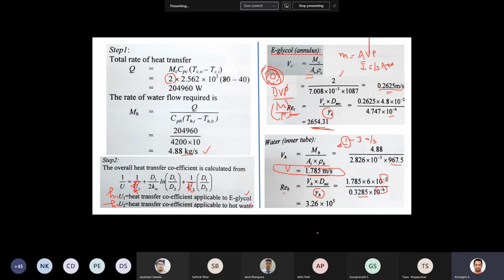Okay, but if the liquid velocity or water velocity inside the tube goes below 1, then you have to adjust the diameter of the tube, and you have to increase or decrease the diameter in order to increase the velocity of the fluid or water. Okay, so that is one important thing. Whenever you do the calculations, by seeing the velocity you can say whether this dimension is suitable or not. So you have to calculate the Reynolds number.